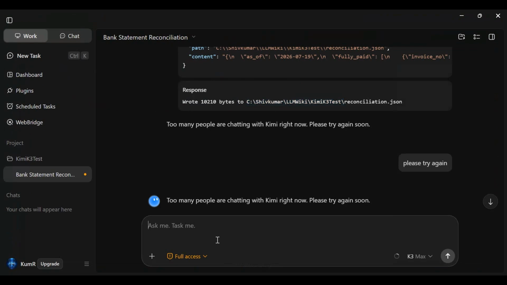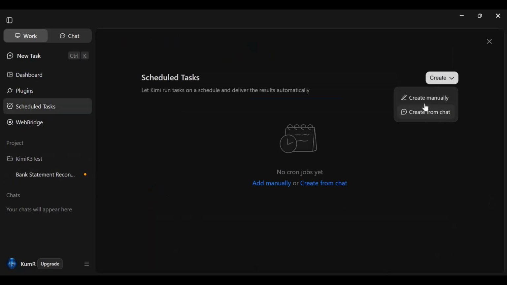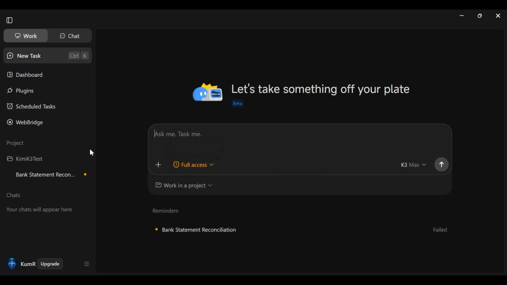Let's see. The file is created, but can you make me a, and let's call it interactive dashboard. And while this does, right, let's go to the schedule task here and say create a schedule task manually, or what is this? Create from chat. Okay. I think we can create from chat, but I would rather